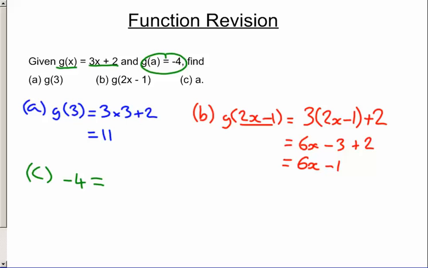So here we have g of a equals 3a plus 2, but g of a is equal to minus 4. Now we can solve the equation with minus 2, so we get minus 6 equals 3a, which means a equals minus 2. So that's the